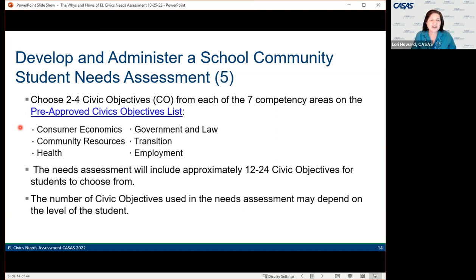So our suggestion is that you choose 2 to 4 civic objectives from each of the 7 competency areas. So here's a link when you get the slides to the pre-approved civic objectives list, and I can take you there later in the presentation. But there are 7 competency areas. The last one's workforce training, so I won't put that one here